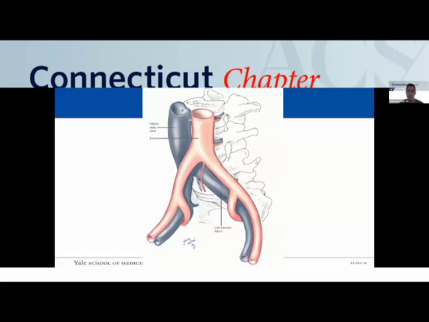Another anatomic relationship I'd like to talk about is the IVC and the aorta. So the IVC joins together from the iliac veins right underneath the right common iliac artery. So this is a classic situation where you may have patients that have an injury right to the crotch of the IVC or the crotch of the aorta, and it's very challenging to get to fix this because of that